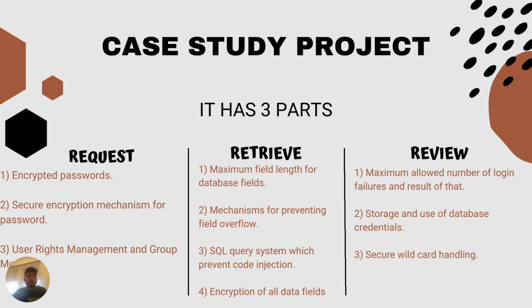So in this case study project it has three parts: request, retrieve and review. And in the request, the password is encrypted and there is a secure encryption mechanism for the password as well. I have used the AES encryption model to encrypt the password and other things, and it also has user rights management and user group. Like in user rights management, it checks for the users and gives access to the user